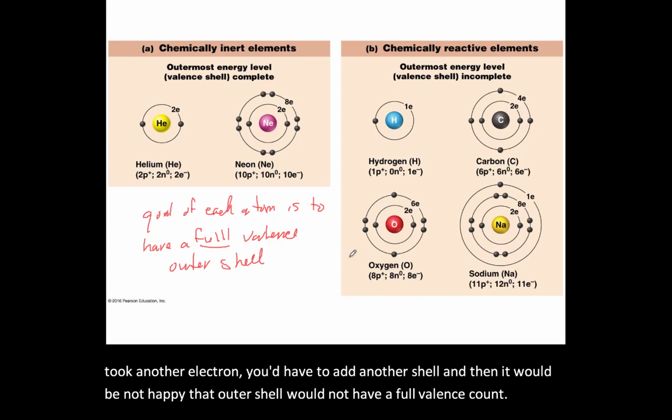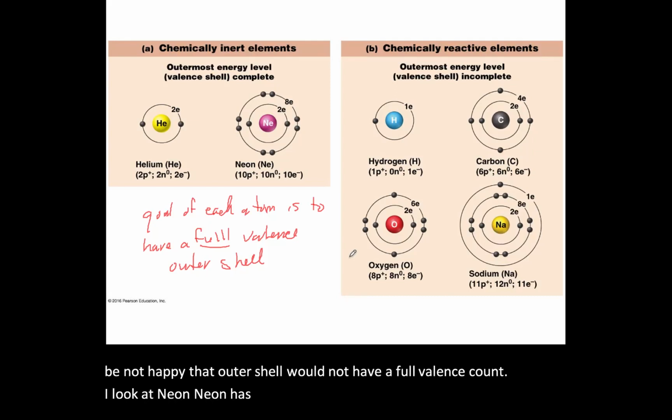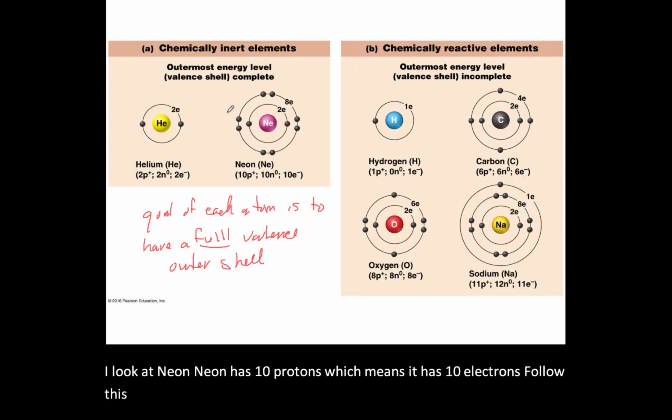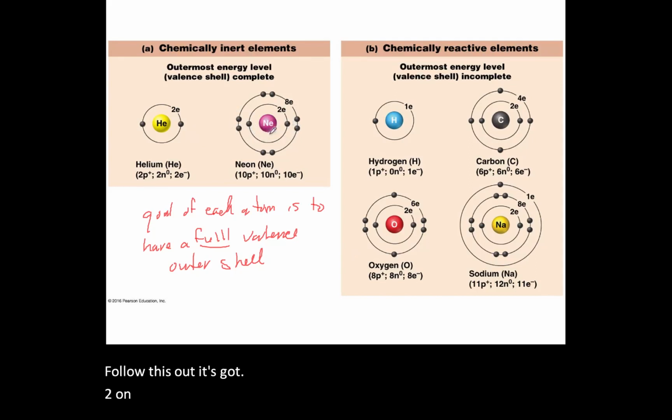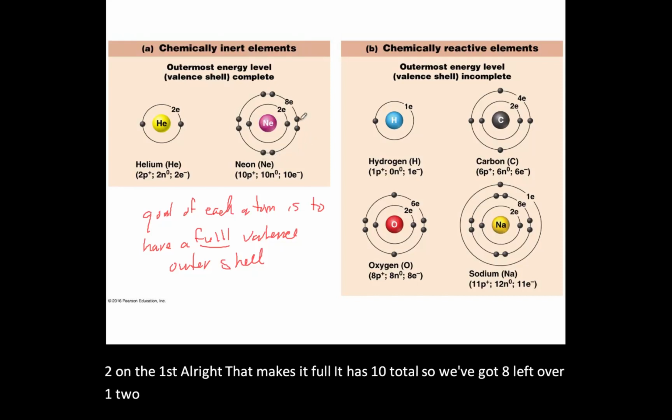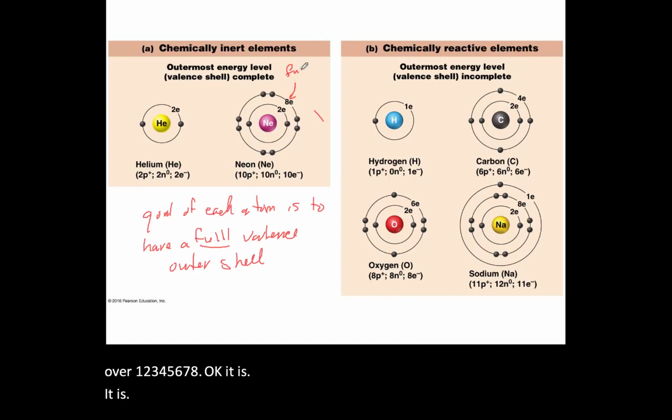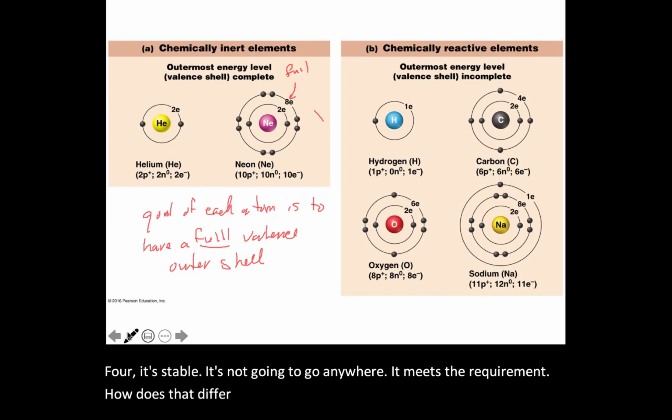And look at neon. Neon has 10 protons, which means it has 10 electrons. Well, follow this out. It's got 2 on the first. That makes it full. It has 10 total, so we've got 8 left over. 1, 2, 3, 4, 5, 6, 7, 8. Okay, there it is. It is full. It's stable. It's not going to go anywhere. It meets the requirement. How does that differ from our chemically active